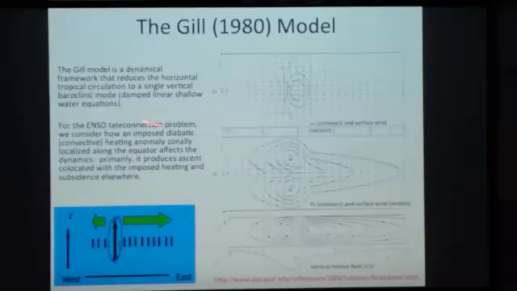An important thing here is that this is a dry dynamical model. It doesn't have convection in it, but we represent the effect of convection through this imposed forcing. Then we can look at what the steady state solution to the Gill model looks like if we keep the heating fixed. What you get is shown in these diagrams. The top panel here is